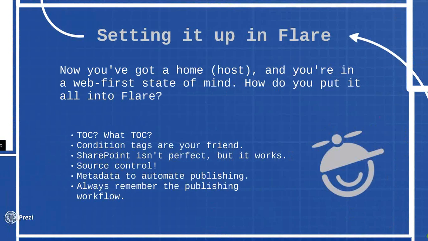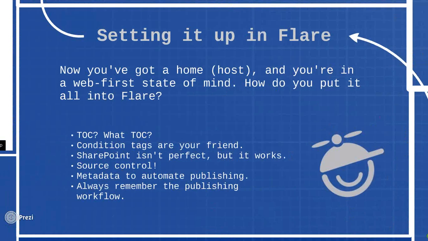We use metadata, which is probably the most important part of our automated publishing process. And what I mean by metadata is we put specific tags and information into the header of each topic in Flare, each article, to, like I said earlier, tell our publishing tool where it needs to go. When you're setting up your Flare project, no matter what route you go, and your setup might be a little different than ours, you need to remember your publishing workflow. Where is it going to go? How is it going to get there? What does your tool need to see to push that content to where it needs to live?